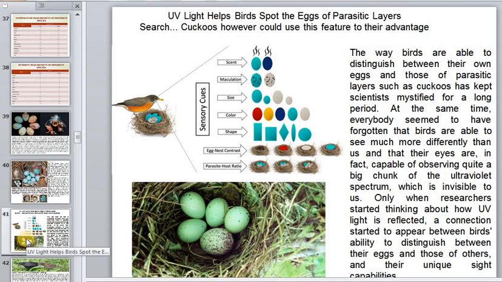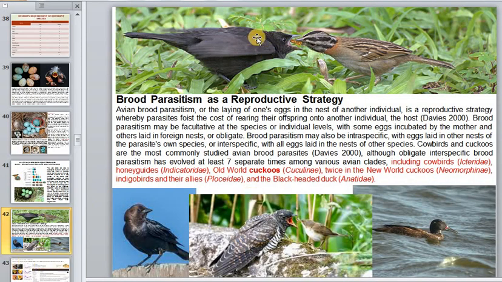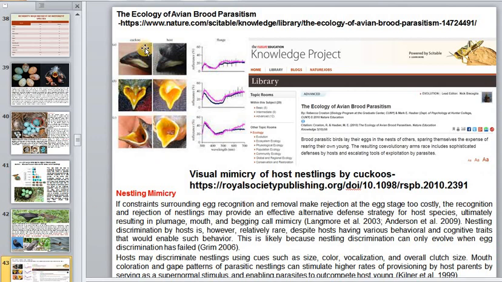It's good if the egg differs, or you use the ultraviolet spectrum, and the rest will have to look for other ways, or just give food, ration, not your baby all the time. And yes, sometimes you have to use a very complex code. Sometimes here we see these babies can even make the same voices, so not only egg mimicry, also nesting mimicry.